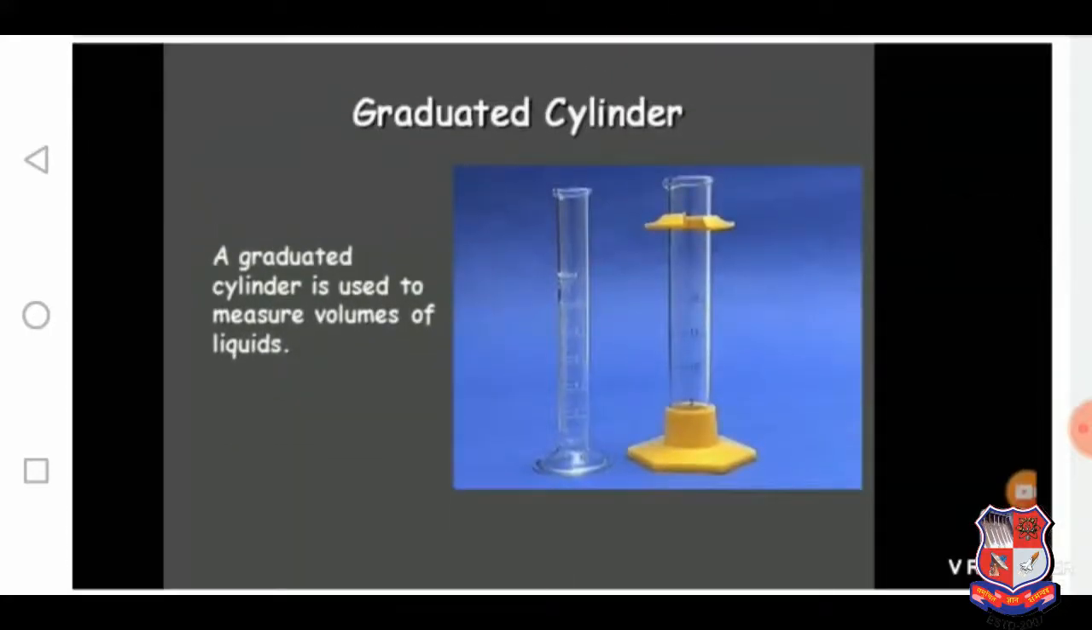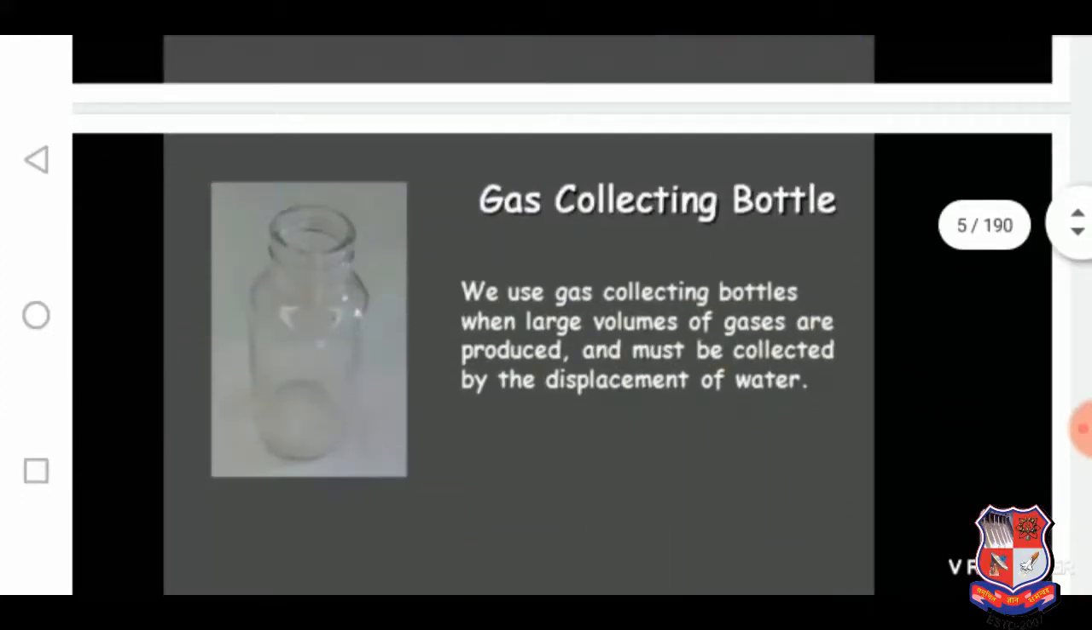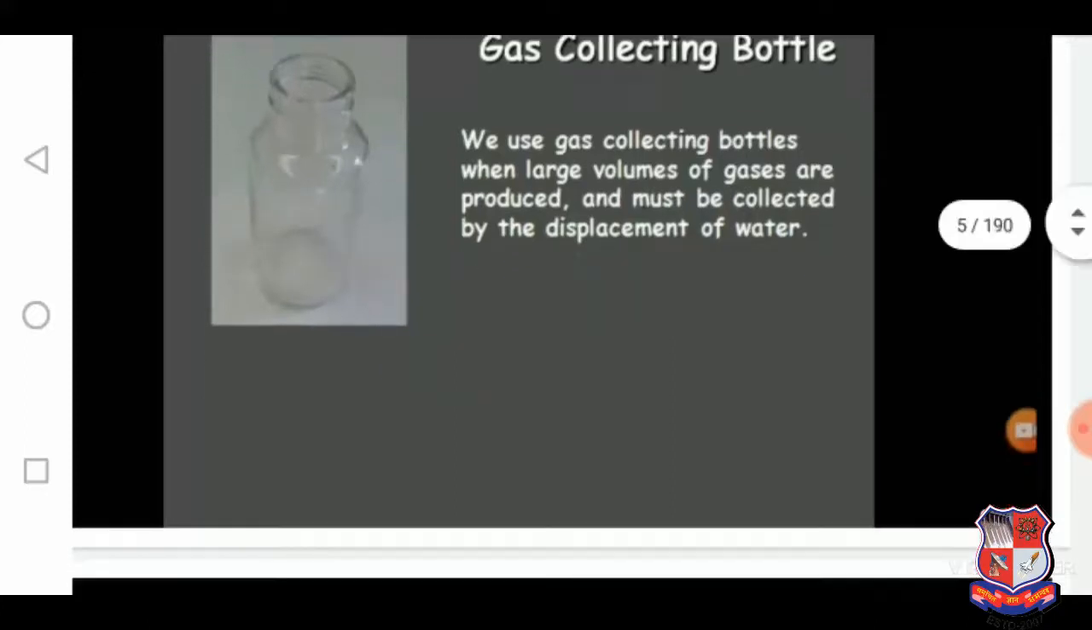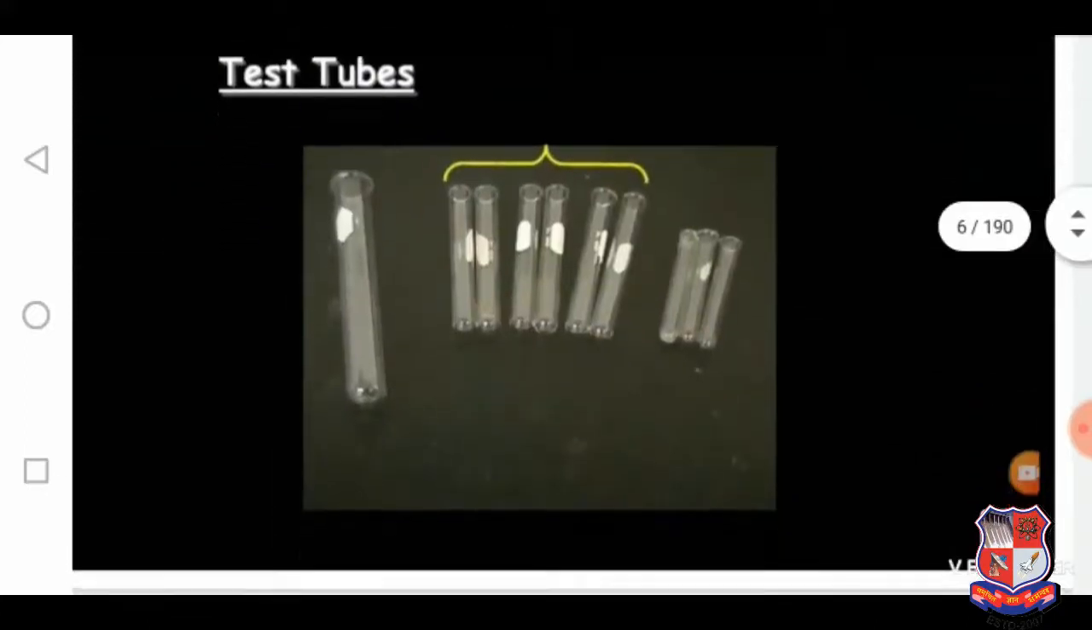Graduated cylinders are generally used to measure volumes of liquids. Gas collecting bottle. We use gas collecting bottles when large volumes of gases are produced and must be collected by the displacement of water. Test tubes,